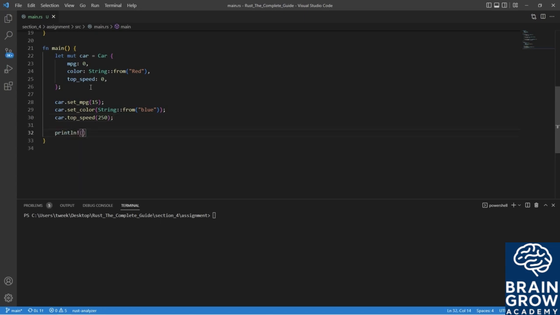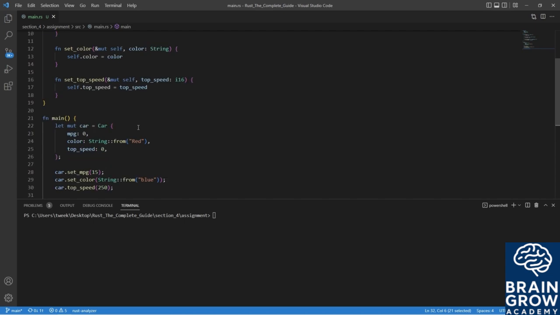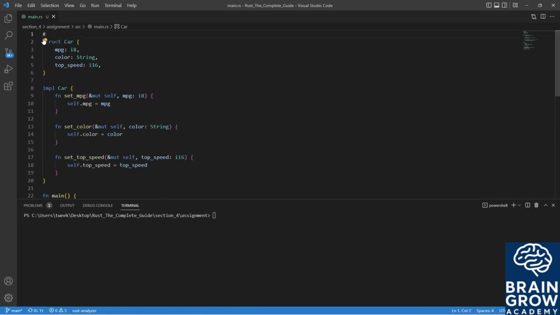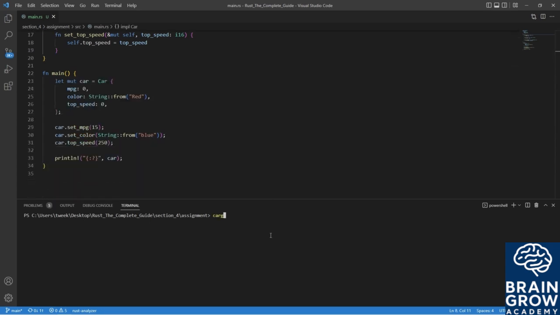So now we are going to print it out, and we want to print out our car. So there's one thing that we need to add in order for us to be able to print out our car. We need to add the derive Debug trait. And now we're able to print out our car,